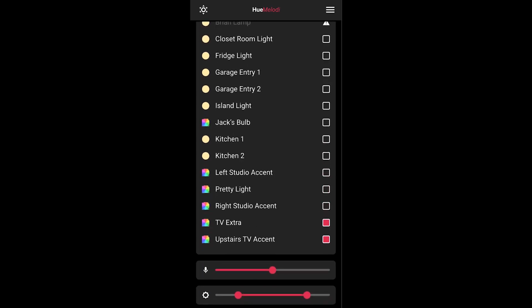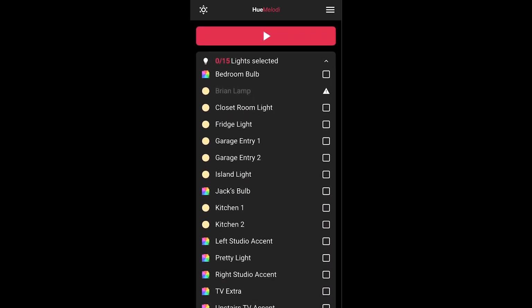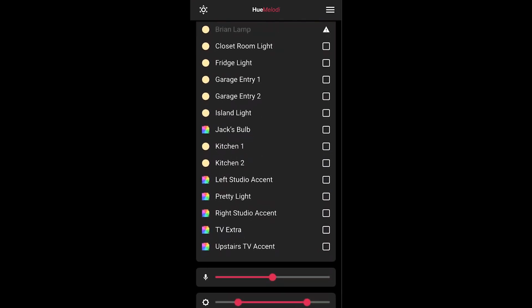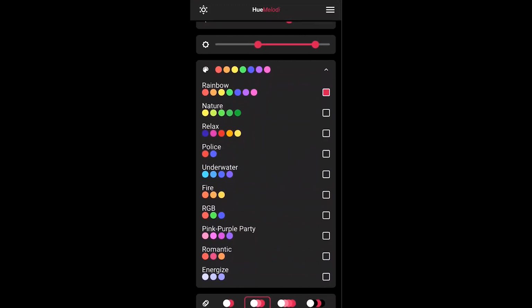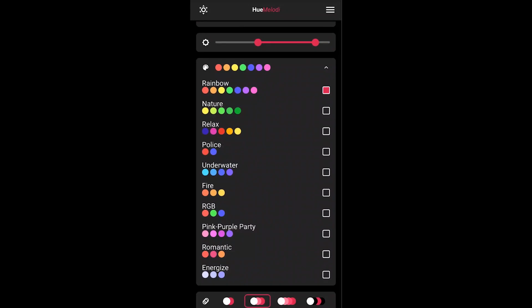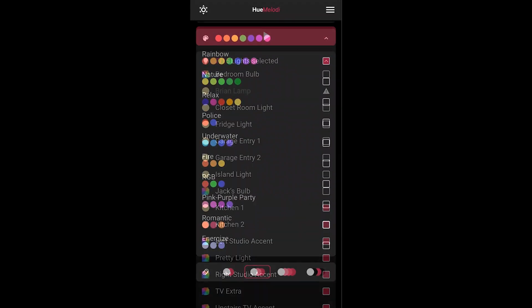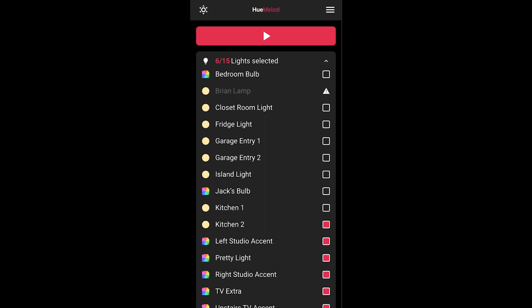So you're going to get a color bulb effect for the most part, so you want to select your color bulbs. This will work with the other ones, but you can see I'm selecting my color bulbs. You're going to set the mic sensitivity. It really doesn't change a lot if you set your phone near one of your Google Home speakers. Change your light brightness, your light color palette, and then also the different saturation levels that it can switch between